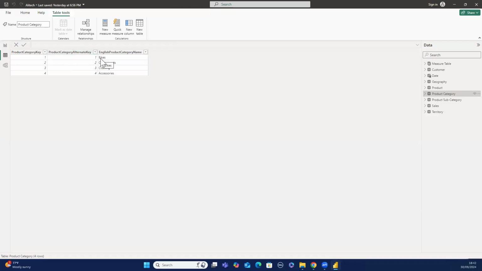These are the categories, the things, the product categories they have. So under bike, there will be different types of bike. Those types of bike would be the product subcategory. Then inside the product subcategory is the product itself. So if you go to product subcategory, for example,